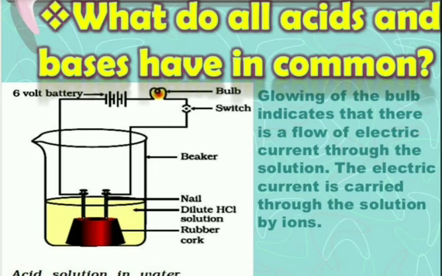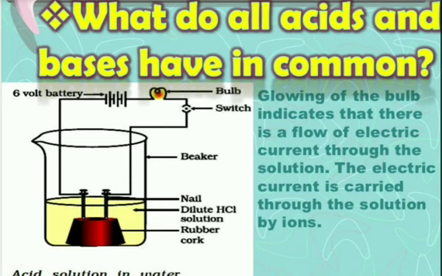In the same way, some bases react with metal to form salt along with hydrogen gas. All bases will not react with metal to form hydrogen gas. And whenever any metal oxide is formed, its nature is basic. And whenever any non-metallic oxide is formed, its nature is acidic. So all the points of our previous videos are recapitulated. Now let us come to our new topic, what is common among